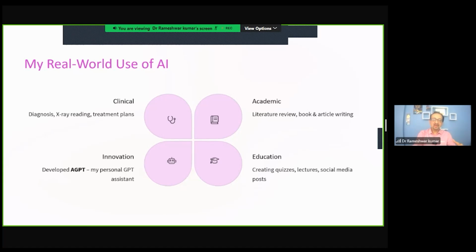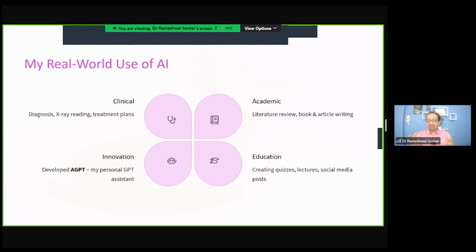My real-world use of AI began with the use of ChatGPT in my clinical practice, my academic work, innovation, and education. I was able to see that ChatGPT can be a very good tool to diagnose or read and report any X-ray, which I have used practically to support my clinical decision. I also use AI and prompting in academics to write any paper, to understand any paper,